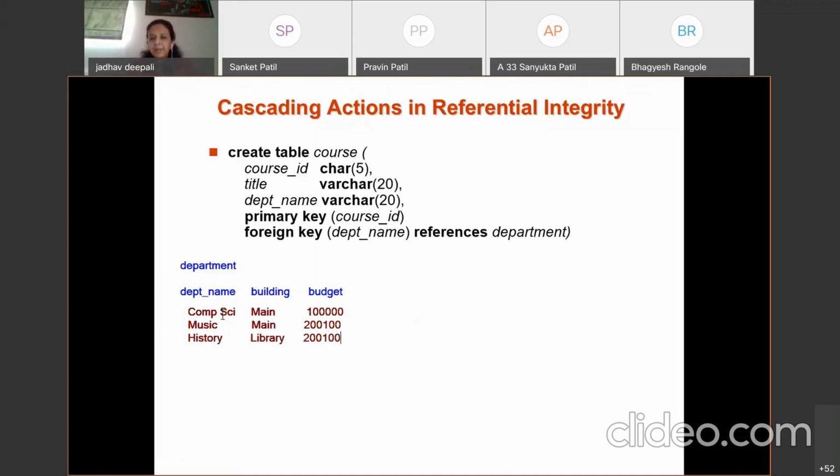So these are some values in the department relation. Now I create another relation, that is course or instructor.